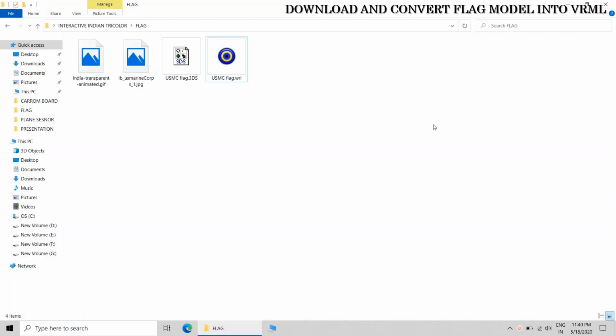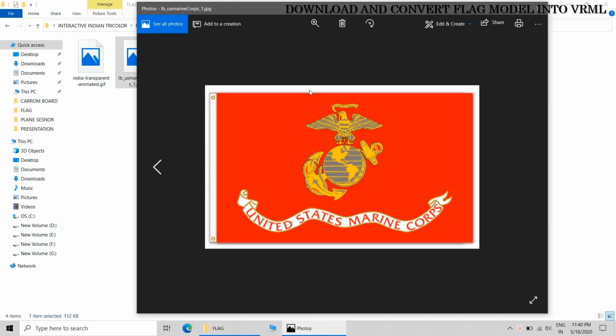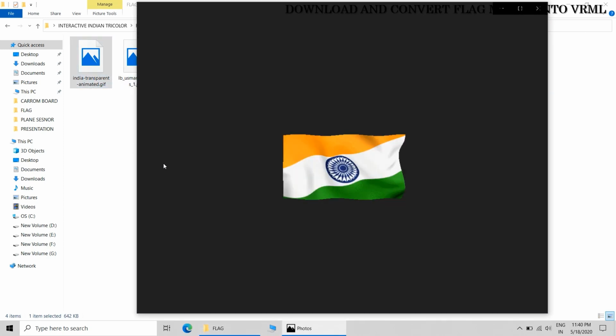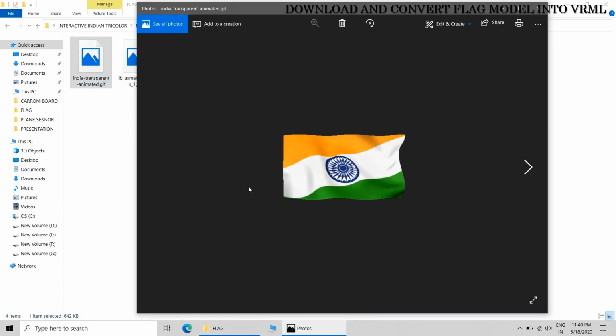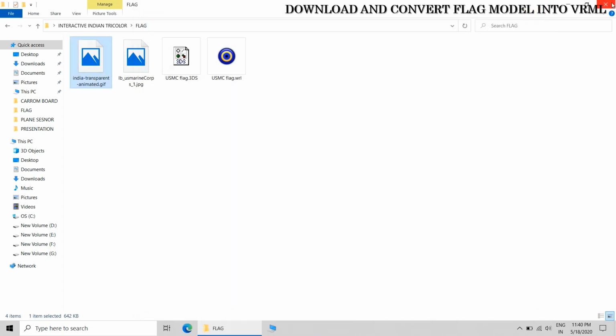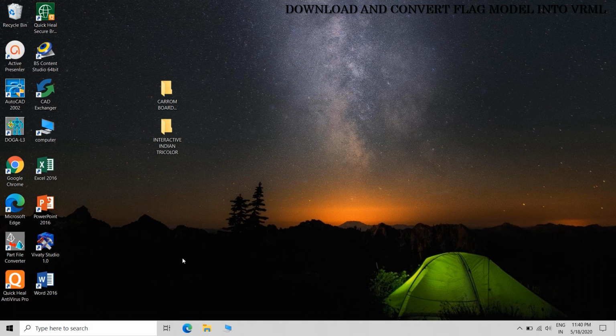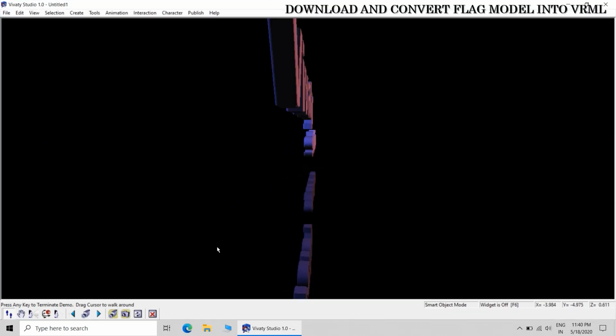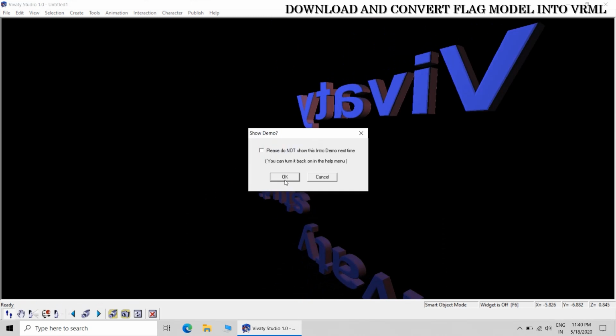I am changing this flag into Indian tricolor. United States Marine Corps, it was originally owned by, and we will be applying this animated GIF file of Indian tricolor. So it will be changed to Indian tricolor. So directly we will import the VRML file into Vivity Studio.